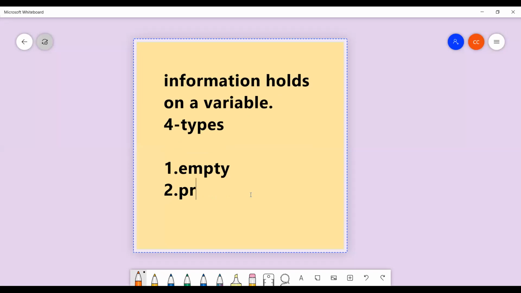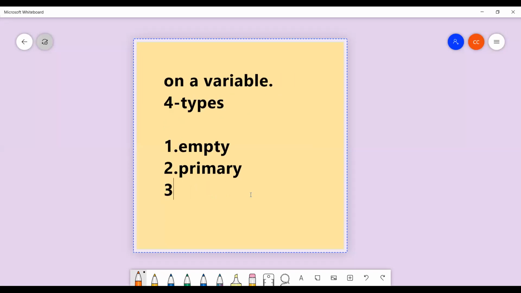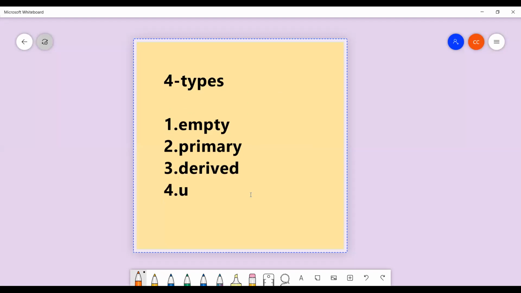Third one is the derived data types. Fourth one is the user defined data types. These are the four data types available in the C language.